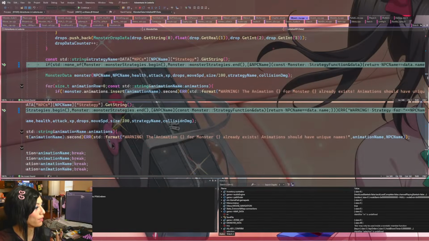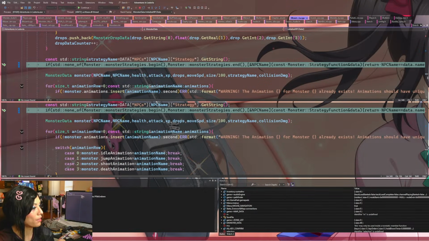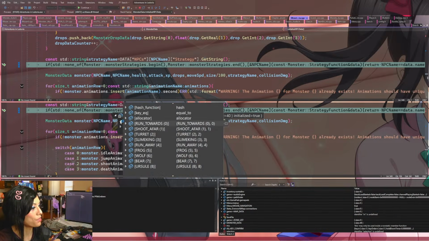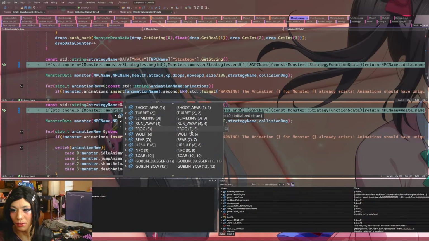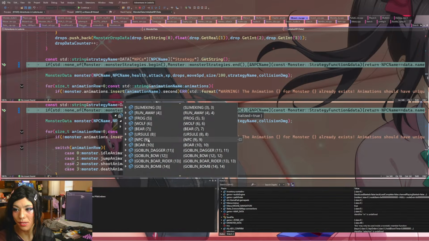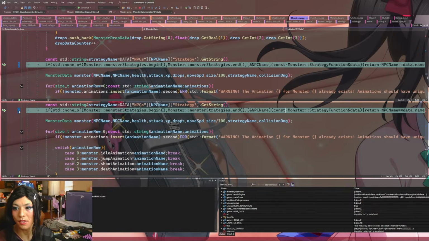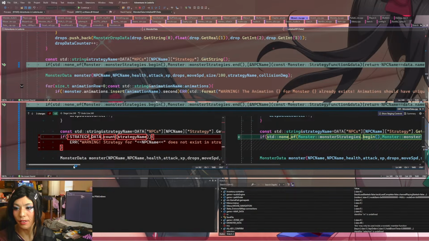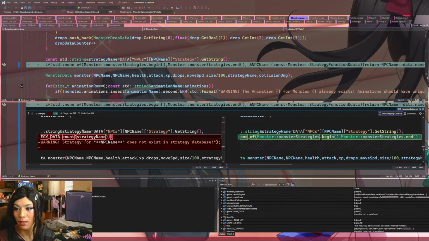Let's take a look. Because I wrote this none of function to check through all of monster strategies, which I think should include... Well, it should include NPC, and NPC should have... Oh, there must be something else to this. I think it has to check, like, the name of the NPC on top of this. So strategy name comes from... Wait, so it does use strategy name. Why am I passing NPC name into it?